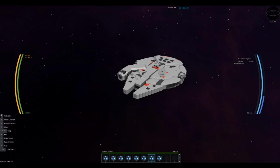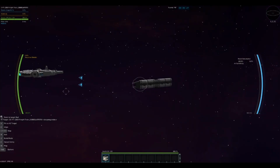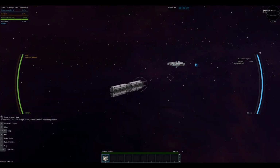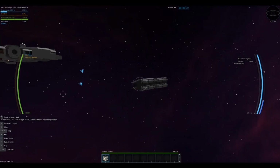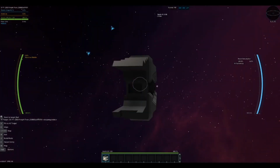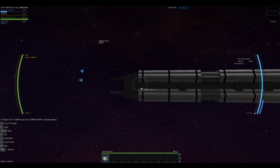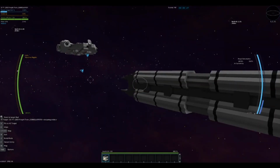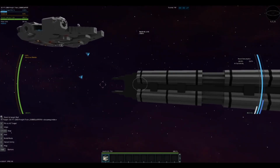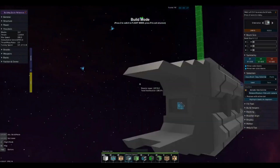But besides that, let's load in the freight train. Here we have the cargo freight train. So this, you can simply enter through this front area, and to dock it, you just hold the docker. It's roughly right about where the core is. You line it up with this rail block here, and then you just back right into it. When you're locked in, it'll come up into the Falcon itself,